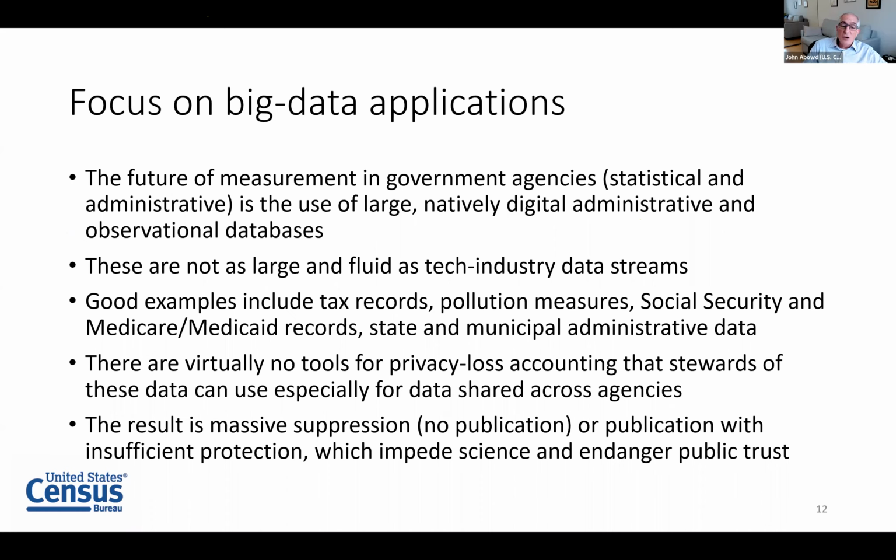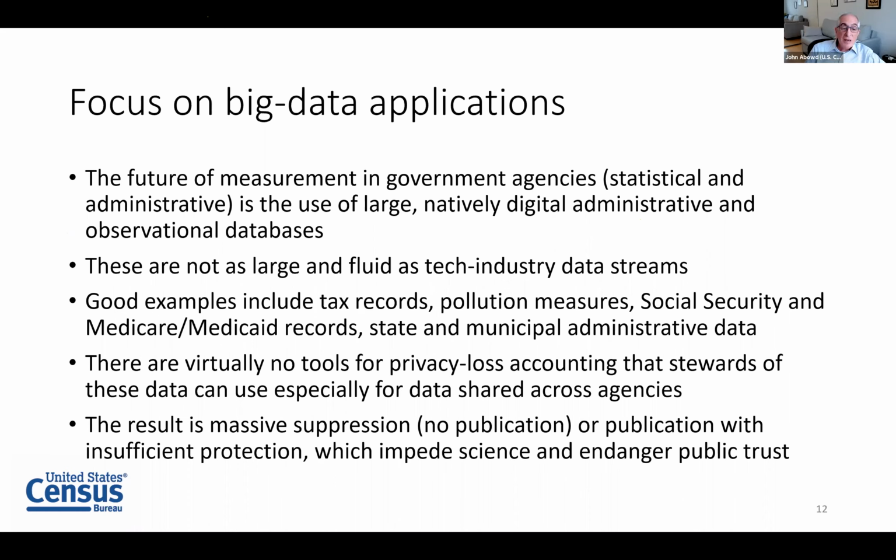I'd also like to encourage you to focus on big data applications. The future of measurement in government agencies, both statistical and administrative, is in the use of large, natively digital administrative and observational databases. The era where we go to Congress and ask for a multi-million-dollar annual budget every year to do a purpose-built survey is over. I don't think that's a secret to anyone in this community, but if it is, you may quote me because